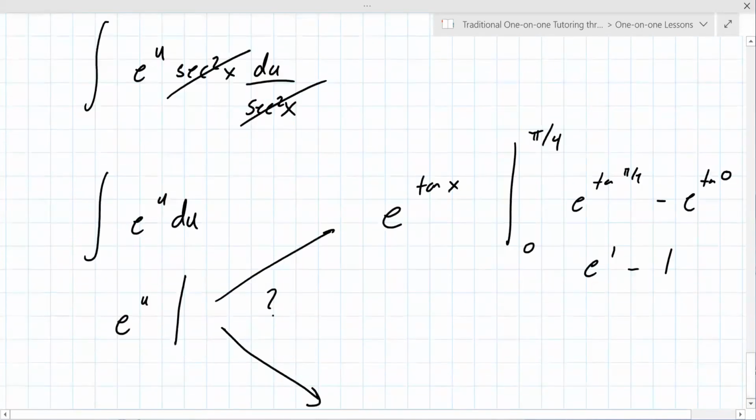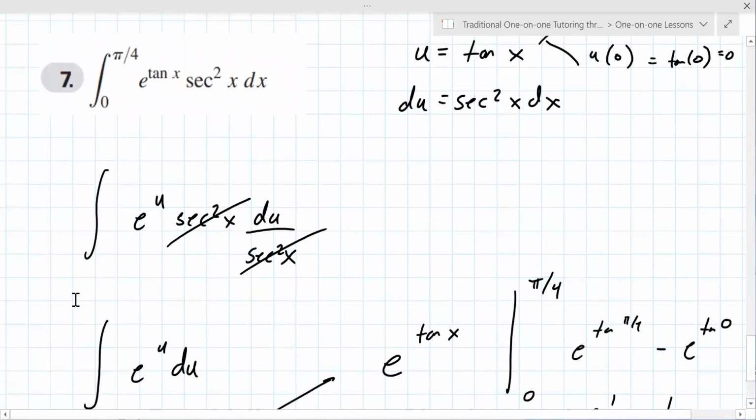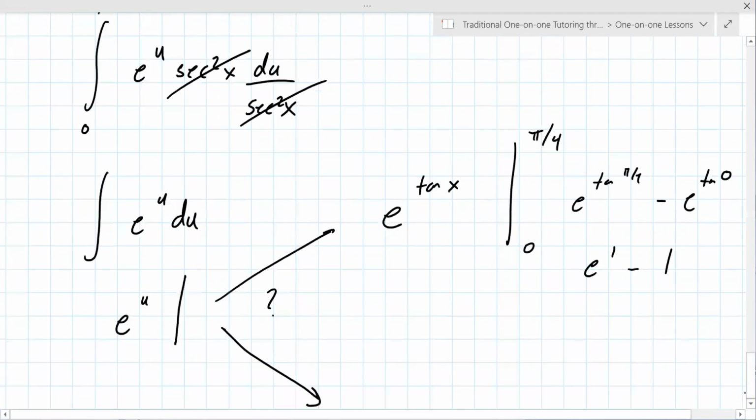So essentially just evaluate the endpoints beforehand. That is one technique that, if you could just buy into it, like remember the first time you learned radians and you were used to using degrees and you said, I don't want to use radians, I want to use degrees. And eventually you just got more comfortable doing it. Well, if you accept that it's better to change the bounds, the problems do ultimately become slightly easier, because now you're evaluating e from 0 to 1, and that's a little bit easier